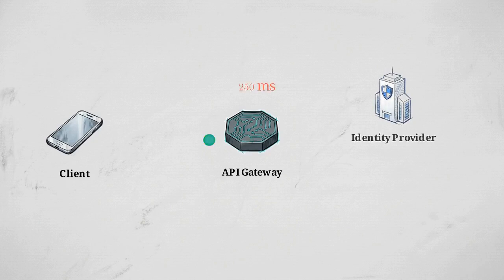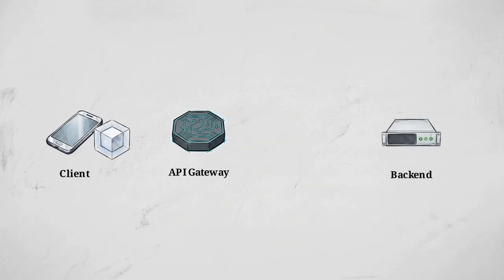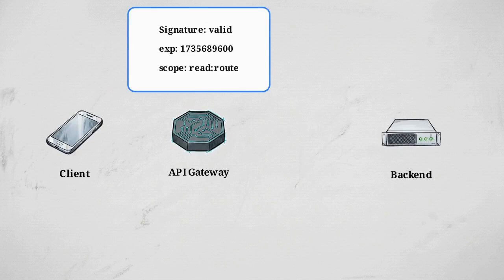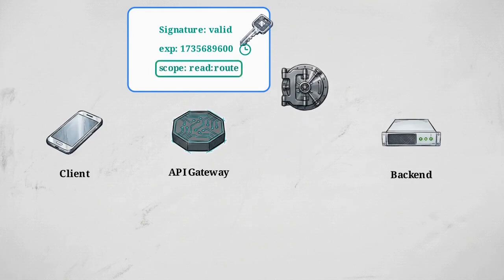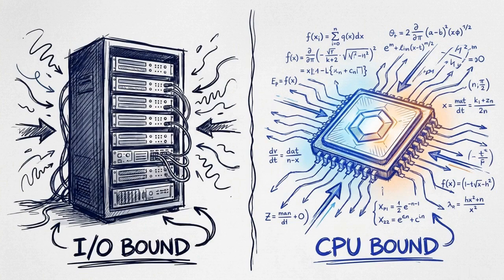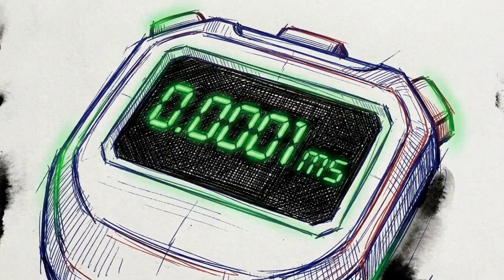This diagram illustrates the optimal low-latency solution, stateless JSON web tokens. The payload carries a cryptographic signature, expiration timestamp, and permission scopes. The gateway verifies the signature locally against a public key, establishing trust, then parses the expiration claim to ensure it remains active. Finally, it validates the scope claim. Even with a valid signature and an active timestamp, the gateway confirms the client actually possesses the precise authorization required for the requested route. By utilizing stateless tokens, the gateway shifts authentication from an I/O-bound database problem to a CPU-bound math problem. This reduces validation time down to microseconds.